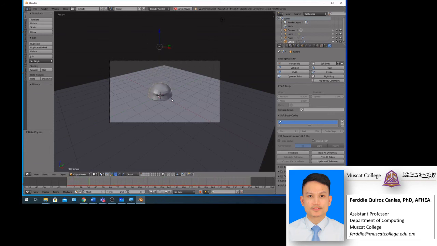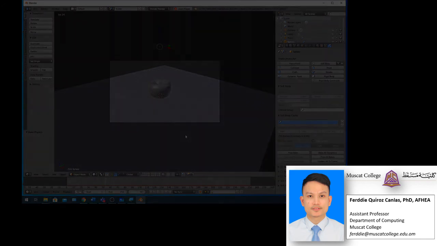So you can change the property of this ball. Maybe instead of soft body, you can go with rigid body and try to experiment what happens next. Or if you want to make it fluid, so it's all up to you. So how you will simulate fluid here. So try to do it in your ball, the one you did last time, and try to do the experiment in there. So for now, that will be the topic that we will do, because